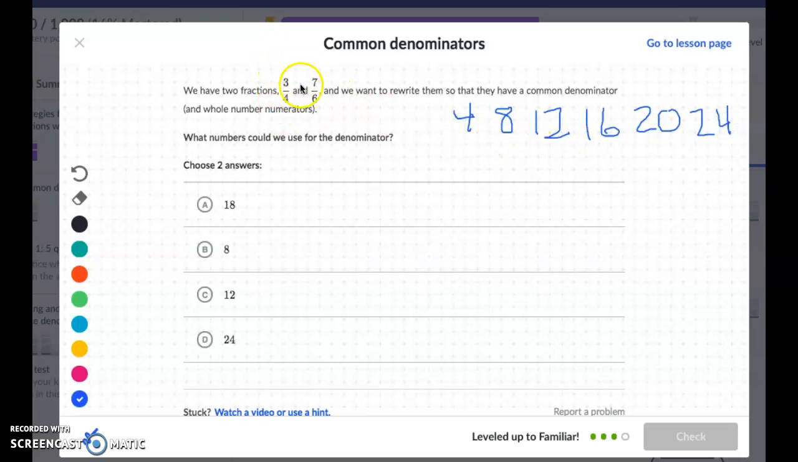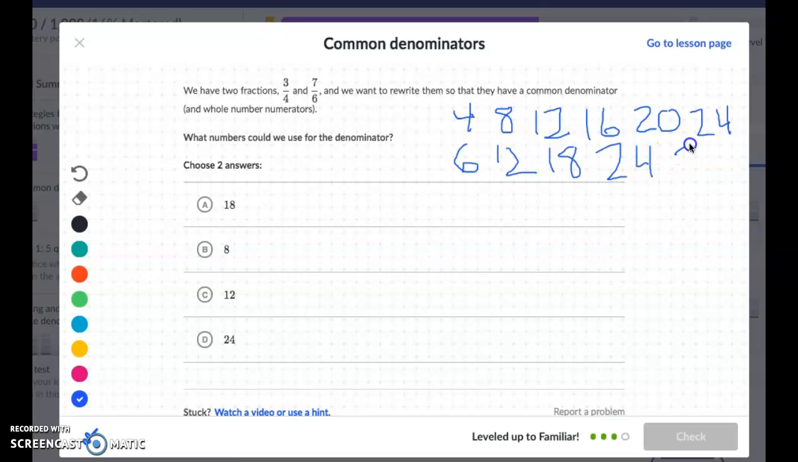And then if I need to keep going, I can, but for now I'm just going to stop. So all I did was I looked at my denominator and I wrote out 4, 8, 12, 16, 20, 24. Then I'm going to look at my denominator of my next fraction, which is 6. And I'm going to do the multiples of 6. So 6, 12, 18, 24,